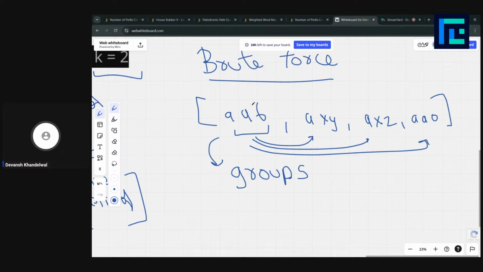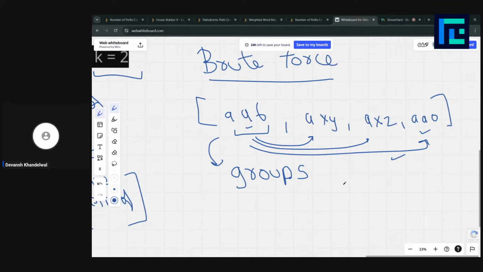For example, this and this are prefix connected, so I'll mark this as visited, and also mark this as visited. For each non-visited string, I will iterate and find out the answer. How are we going to check if this and this are prefix connected or not?